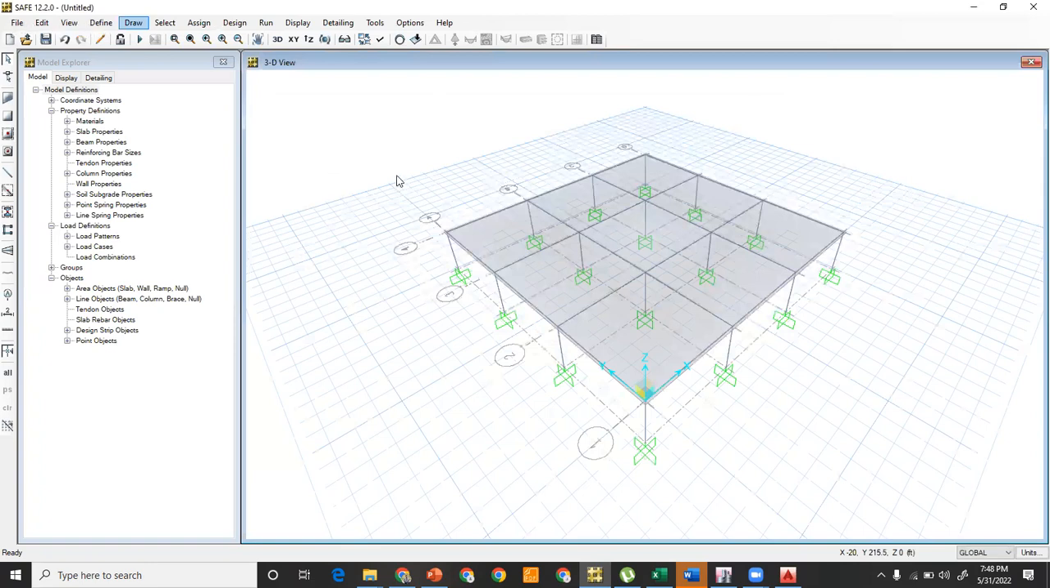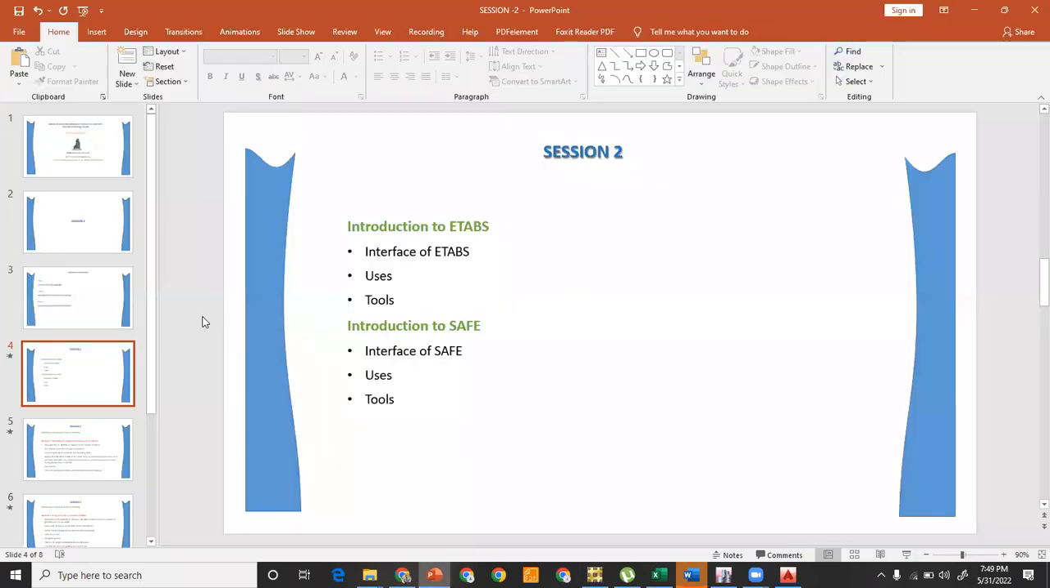And there's a bit of difference between ETABS and SAFE, because ETABS is normally used for the design of the frame elements, which are the beams and columns, and normally the slabs are designed in SAFE. But now in the latest version, the slab and the foundation you can also design in ETABS as well, right? So this was a brief introduction to SAFE and ETABS. So we will now go towards our